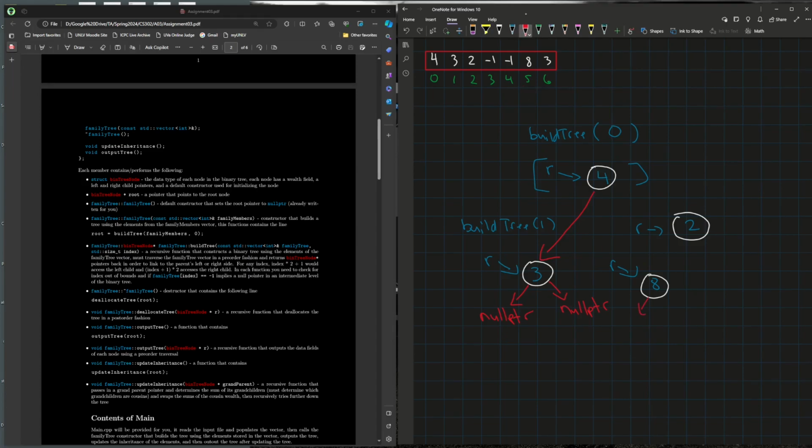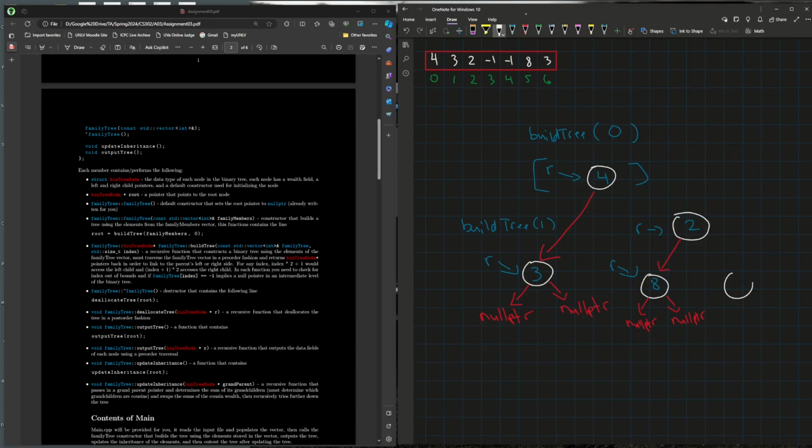So we're going to set a null pointer and a null pointer. Then we're going to return the address of the node 8, and the parent above, r's left, will be assigned that return. So it's going to catch that node. Then we're going to call r arrow right, call build tree, and pass in 6, which internally